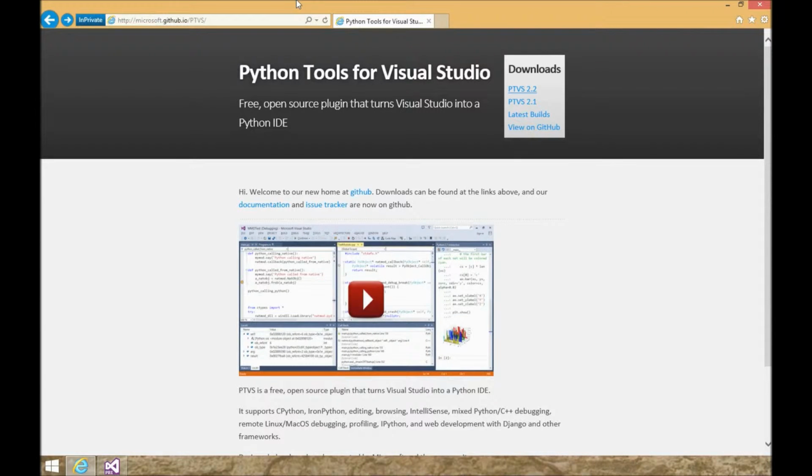For this month's web challenge, we're going to be creating a Python website using Flask or Django. So what you'll need to do is make sure you've installed Visual Studio 2013 or Visual Studio 2015. As well, Microsoft has moved the Python tools